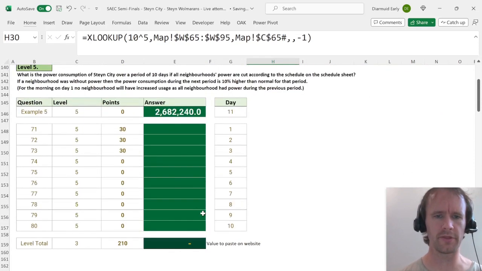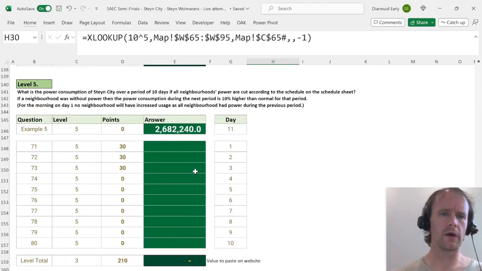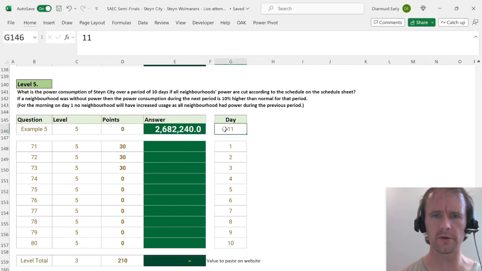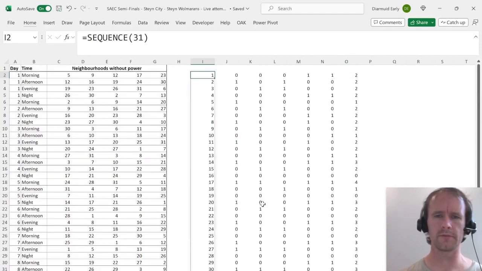Gotta bite the bullet. So, power consumption of Steyn City over a period of 10 days. I thought there were 11 days in this game. Oh, okay, fine, yes, got it. If all neighborhoods' power are cut according to the schedule on the schedule sheet. If a neighborhood was without power, then the power consumption during the next period is 10% higher than normal. For morning on day 1, no neighborhood will have, okay. So we need to know who's,